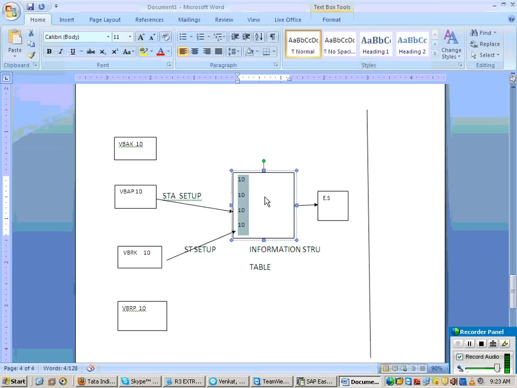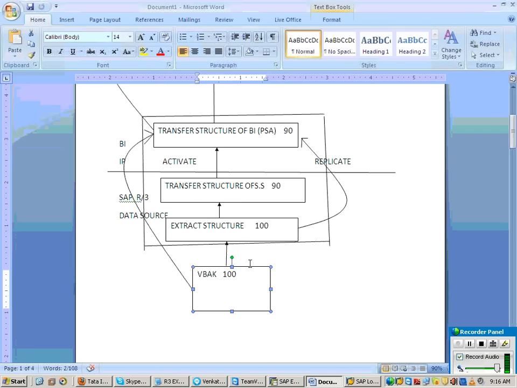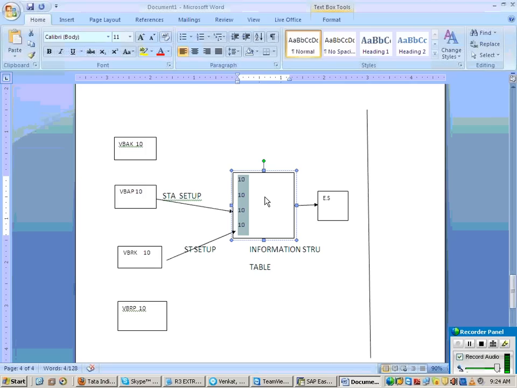Now if you are using LIS, you can extract the entire event data, that is, the entire order data. But if you want level related data, it is not possible. That is one drawback, because unnecessarily you are extracting everything, but my requirement is some particular levels. That is not possible with LIS.